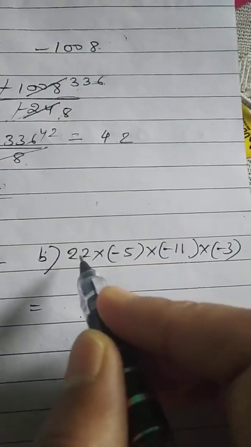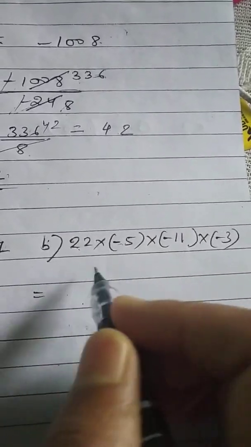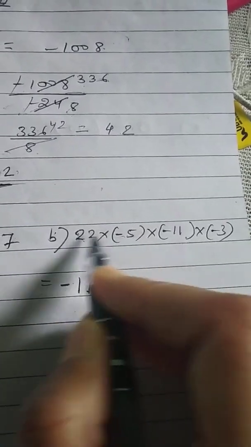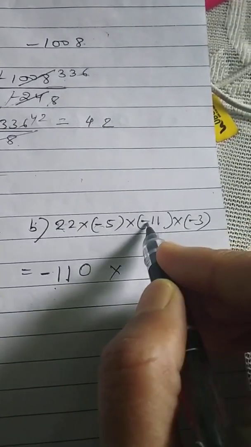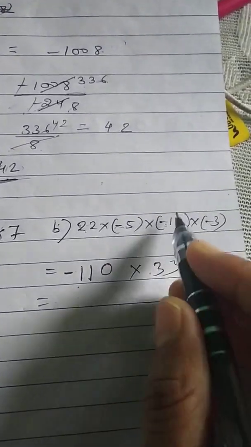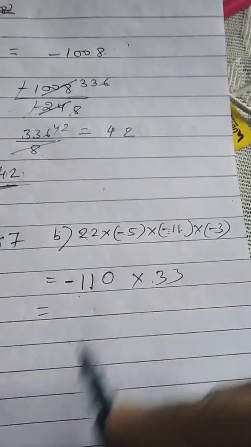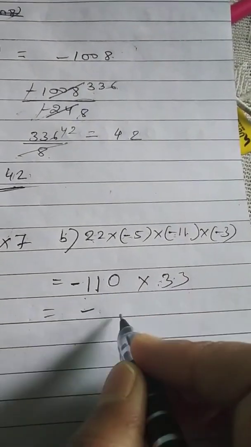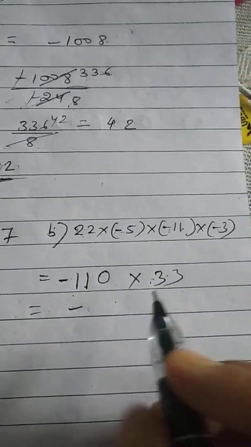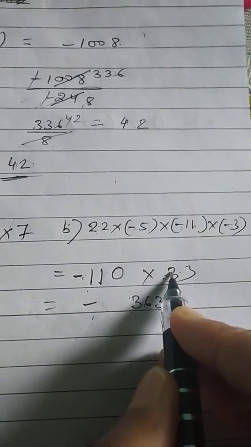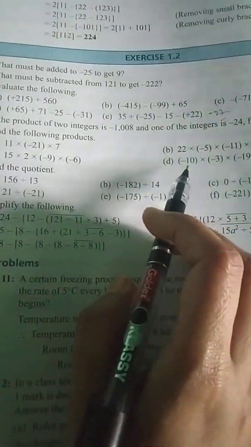B number, let's try 22 into minus 5. Just plus minus minus. First we will multiply. 5 twos are 10. 5 twos are 10 and 1 is 11. Minus, because plus minus minus. Now multiplied with minus: minus plus. 11 threes are 33, but in plus. Okay, no need to write the sign of the bigger number with multiplication and division. Yes, minus plus, now minus. 33 into this, what will we get? We'll get 3630, but in minus, because one is in minus, other is in plus. Minus plus minus. So I hope you can do question number 5, other questions by yourself.